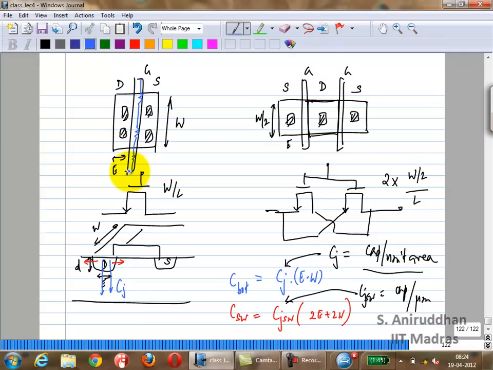You have some distributed resistance along the poly. The poly is not as good a conductor as your metal. So you have some distributed resistance, which is usually called the gate resistance. Okay? If you try to make the width of the transistor very long, let us say you had to make a transistor 200 microns by, I don't know, 1 micron. If you make it as a single transistor with W being equal to 200,